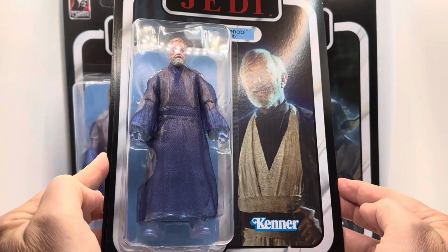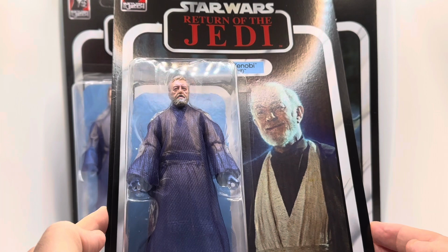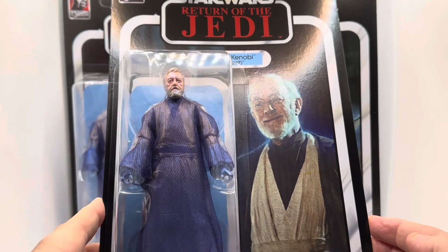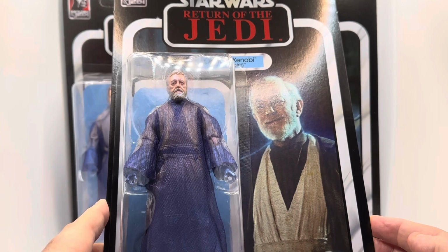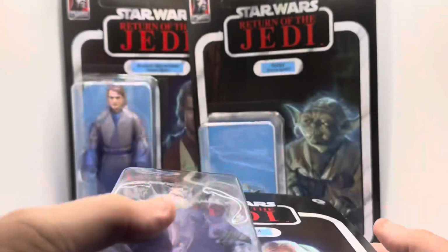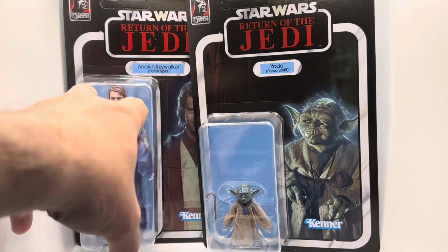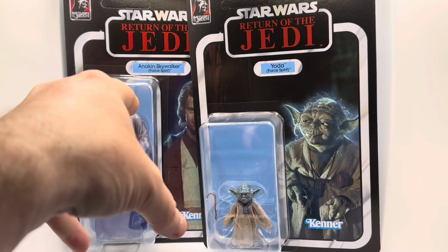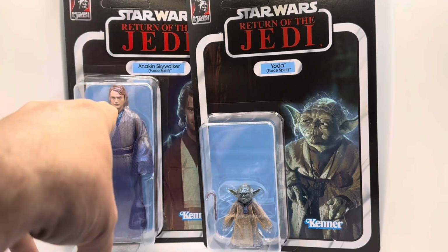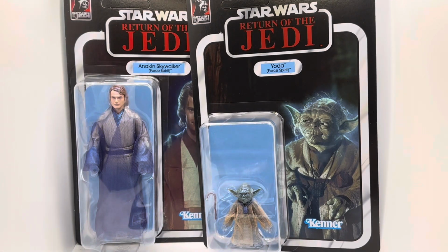It's unbelievable. So we get this 3-pack celebrating the 40th anniversary of Return of the Jedi. We got this 3-pack of Force Ghosts, Force Spirits, and it's Obi-Wan, it's Yoda, and it's Anakin. Anakin, controversially or not, as depicted by Hayden Christensen from the prequel trilogy, because in the George Lucas retouching of the original trilogy,